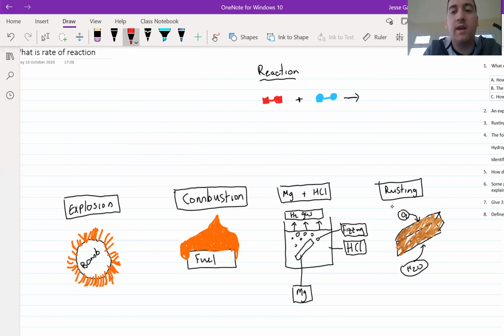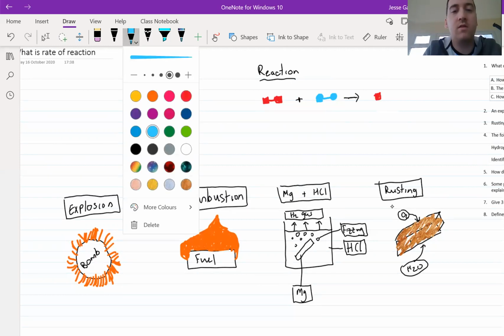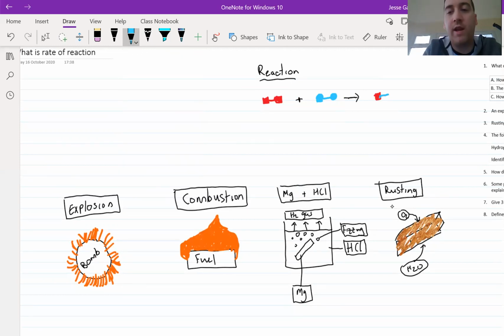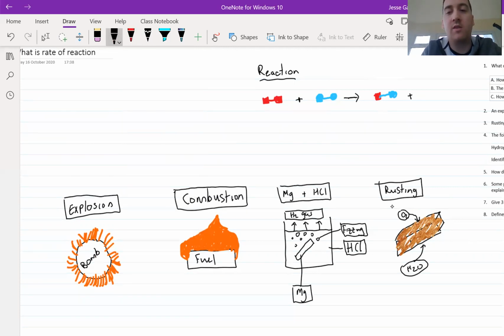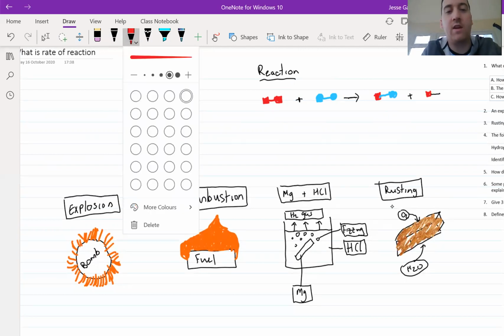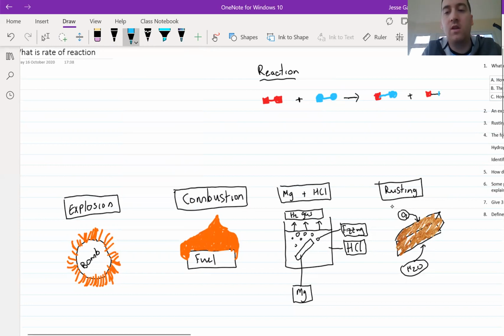So what you see here is the atoms rearrange themselves. Notice that there's no new atoms. They're still all the same atoms, but they have rearranged themselves. So you can see here that what is being formed is completely different. The atoms are in a completely different arrangement from what we started with. Now there's no new atoms that weren't there in the beginning. There's still only the green and red ones, or the blue and the red ones, but they have got a